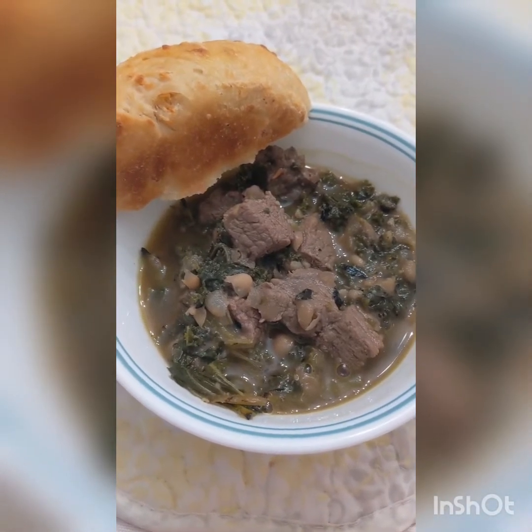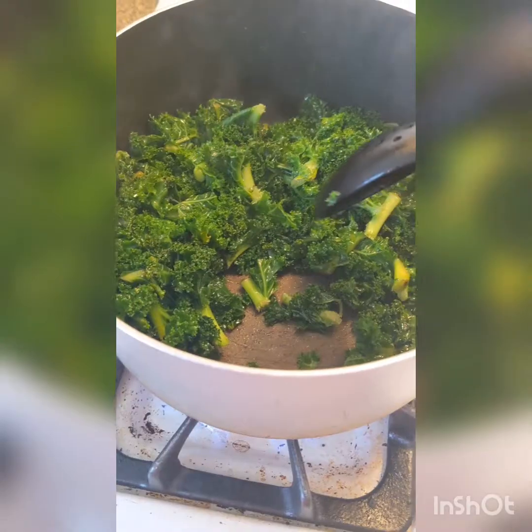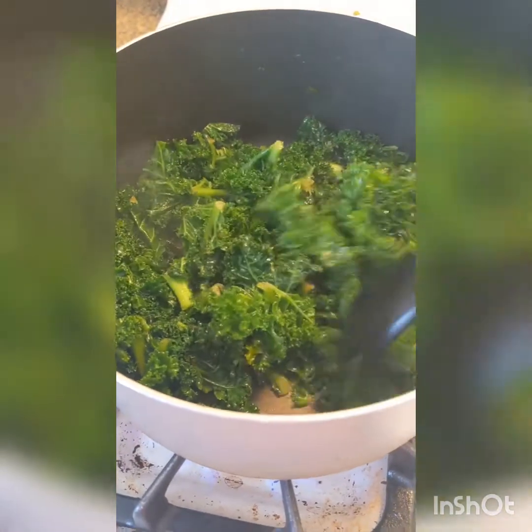How to make a kale, white bean, and steak soup. Let's get into it. So first you want to rinse, wash, and strain about a pound of kale, and then